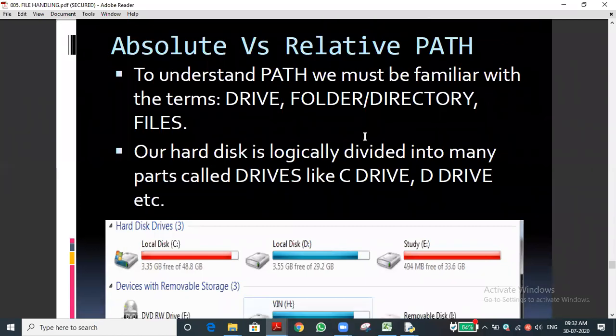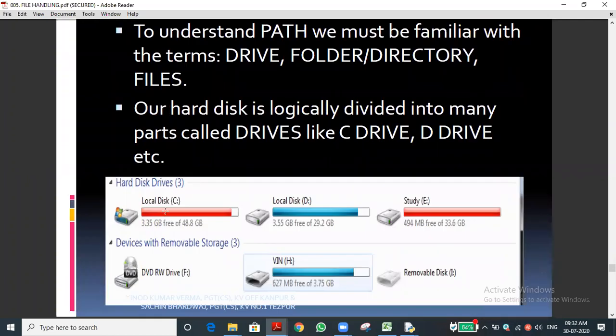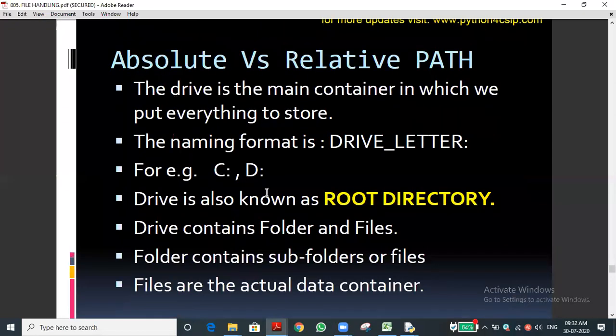Let you see this, I will explain it. One minute. You can see this is a hard drive. C colon, D colon, likewise we are seeing. This one is a pen drive. It is H colon. This is another pen drive, we can insert in the I colon also. That is a storage device. The root directory is called C colon.